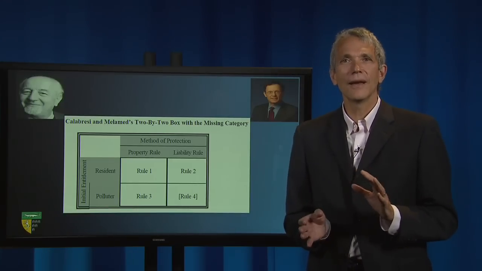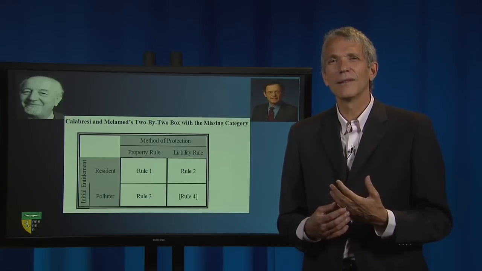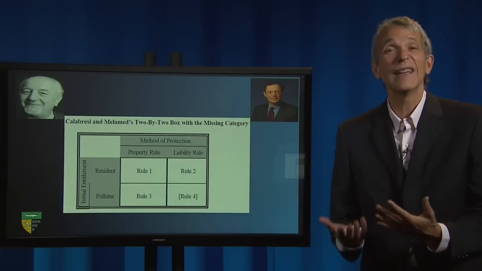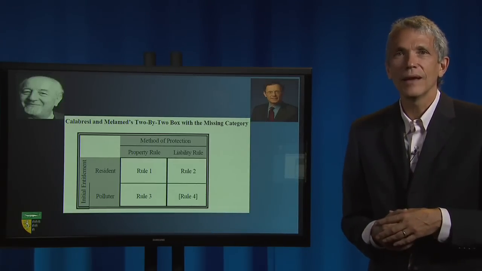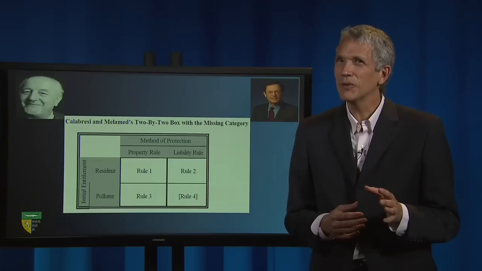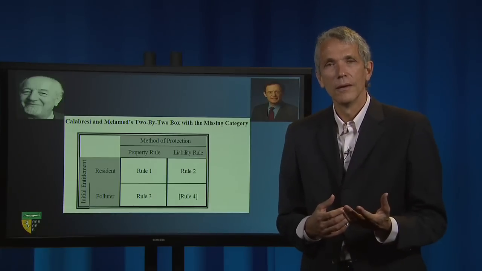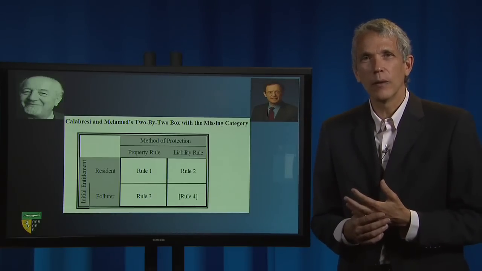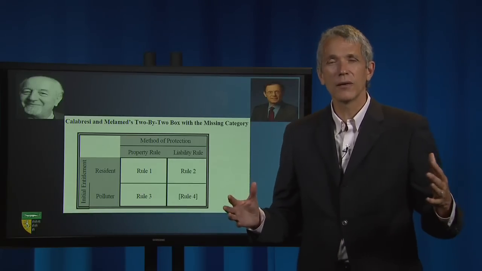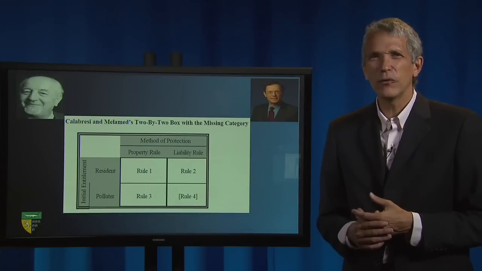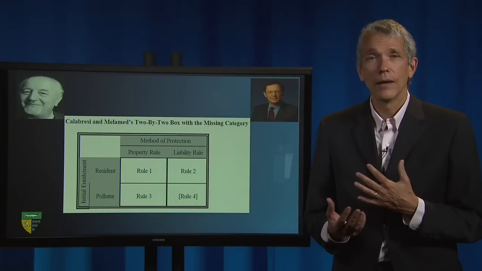Indeed, in a well-known vignette outlined by David Kennedy and William Fisher, Calabresi and Melamed's analysis seemed to call the missing fourth rule into existence. Kennedy and Fisher, and now I'm quoting them: "The credibility of the essay was much enhanced by a nearly simultaneous ruling by the Arizona Supreme Court in an unusual nuisance dispute. At issue in Spur Industries versus Del Webb Development Corporation was a demand by the developer of a rapidly expanding retirement community that a pre-existing cattle feedlot be shut down because it generated odors and flies that annoyed the community